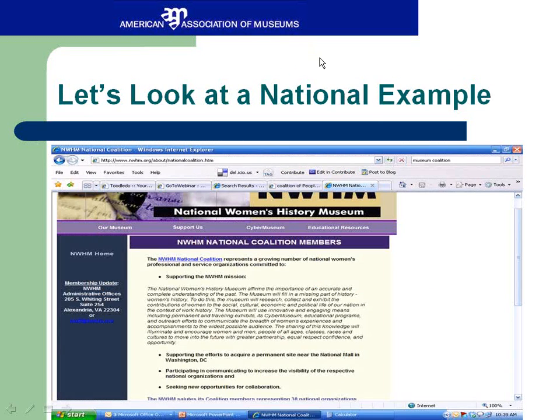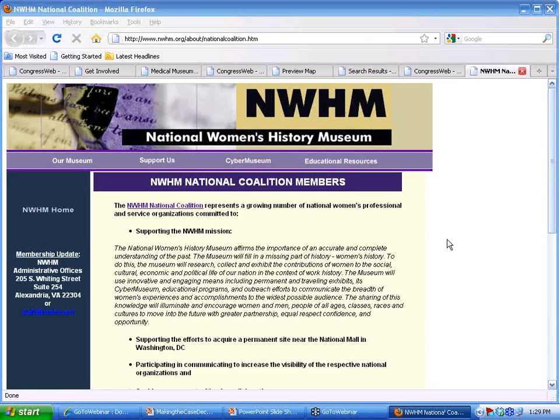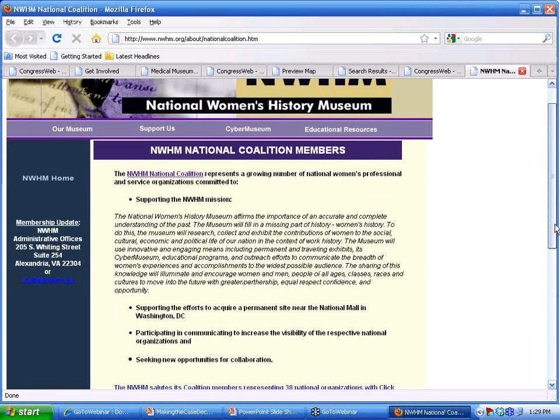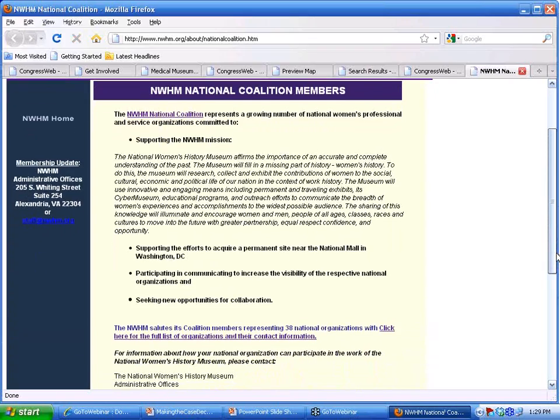And I should mention that for most of the examples I found, I actually found them from the AAM's membership directory, and I'll show you in a moment how I did this. But I wanted to show you some examples of coalitions in a national context, and then a couple in a more local context. So this is the National Women's History Museum,